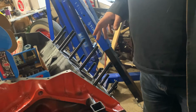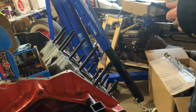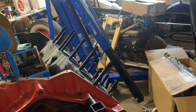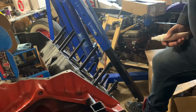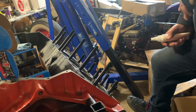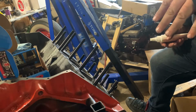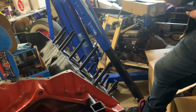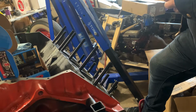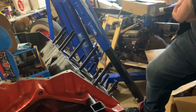I have a digital 7 box for sale because I decided not to go that route, because I intend on street driving this, and what I've read is they just can't stand the abuse of street driving. People have an incorrect impression, I guess you could say. They think if it's a race part, it's super durable. Quite often if it's a race part, it's designed to do the job that race part requires. So if it's a drag race ignition box, it's good to run for a couple minutes for a blast down the strip